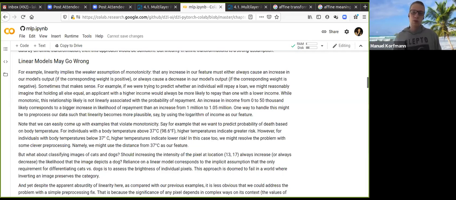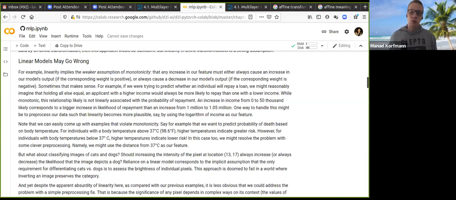For example, if we were trying to predict whether an individual will repay a loan, we might reasonably imagine that holding all else equal, an applicant with a higher income would always be more likely to repay than one with a lower income. While monotonic, this relationship likely is not linearly associated with the probability of repayment. An increase in income from 0 to 50,000 likely corresponds to a bigger increase in likelihood of repayment than an increase from 1 million to